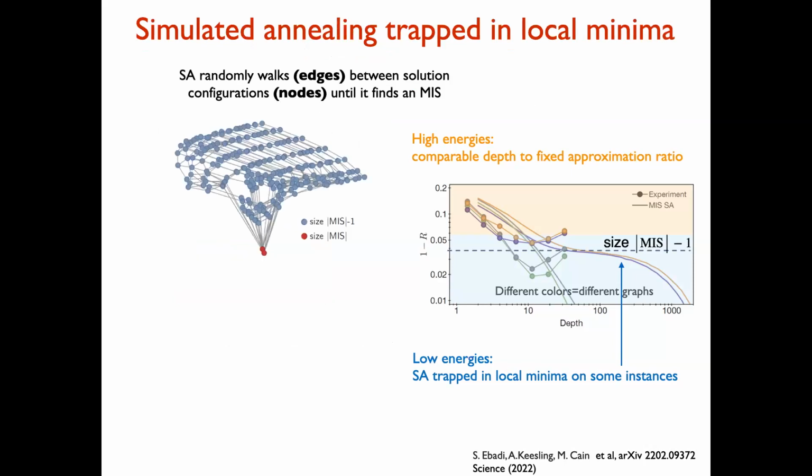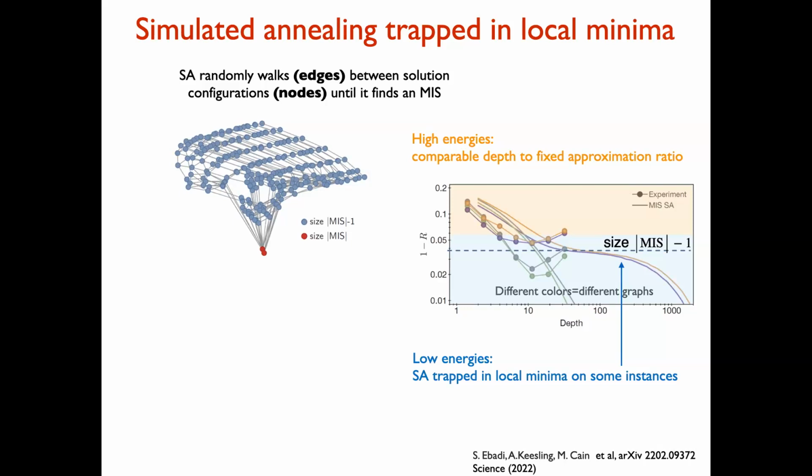We actually understand it quite well now. It turns out that the instances which are hard are the instances which have a lot of approximate solutions, pretty good solutions, but very few perfect solutions. What happens then is that simulated annealing ends up doing a random walk within the subspace of approximately good solutions, and it really has no gradient here. It can only make a transition to the actual solution if it comes very close, with an edge leading